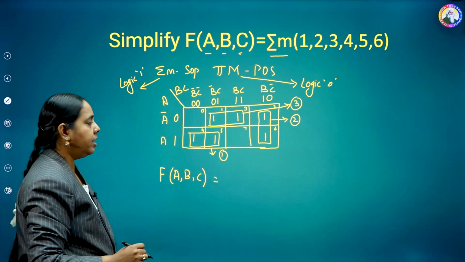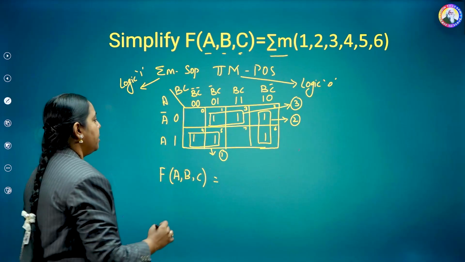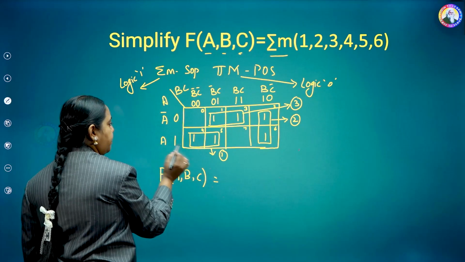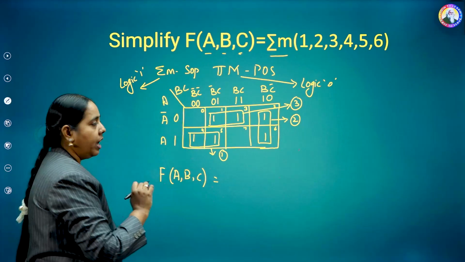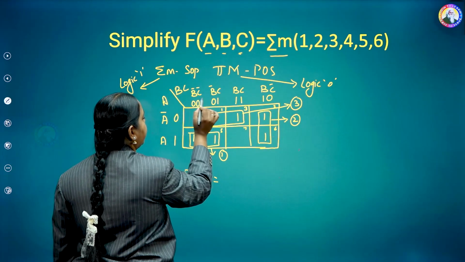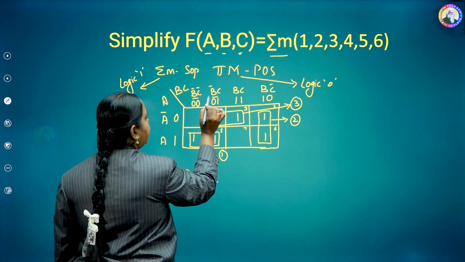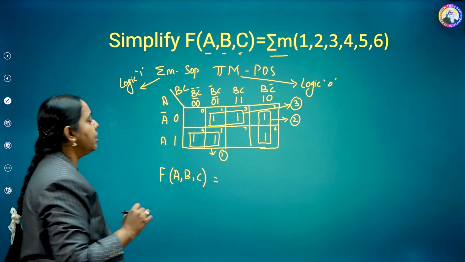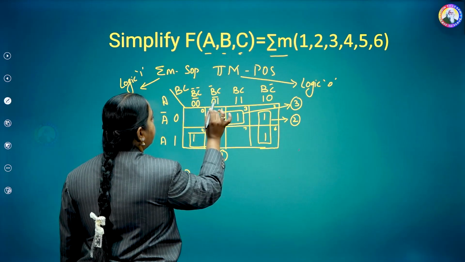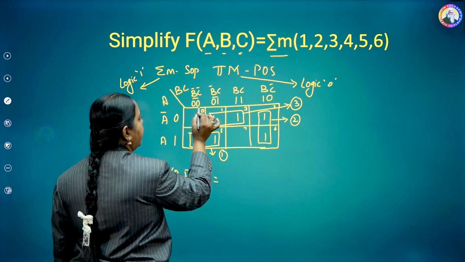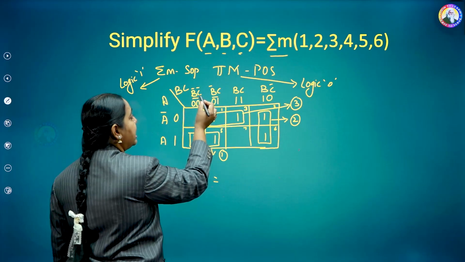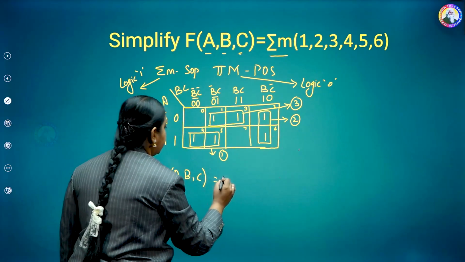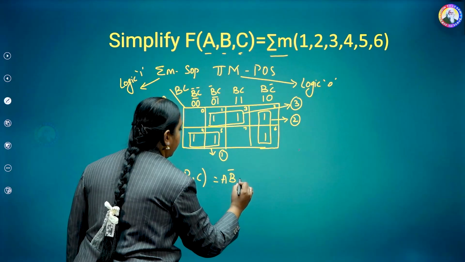Right. So I need to write the minimized expression for the first term. So this is the first group. In this first group, the term with respect to A bar is A, and as I grouped these two, I need to check these two terms: B bar C bar and B bar C. Whichever bit is different, that bit will get cancelled. Now what is the difference with respect to the bit 0 and 1? That is with respect to the variable C bar. That is the difference, so C bar will get cancelled. Now the leftover term is A B bar.